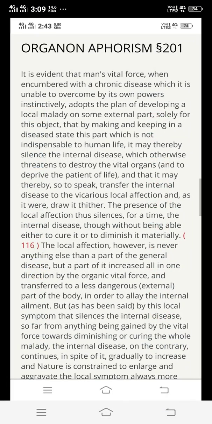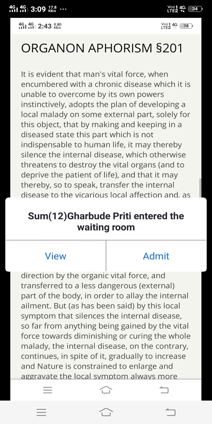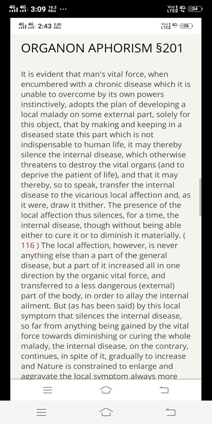Then the next aphorism is aphorism number 201. In this aphorism, first I will read the aphorism. That is, it is evident that man's vital force, when encumbered with a chronic disease which it is unable to overcome by its own powers,